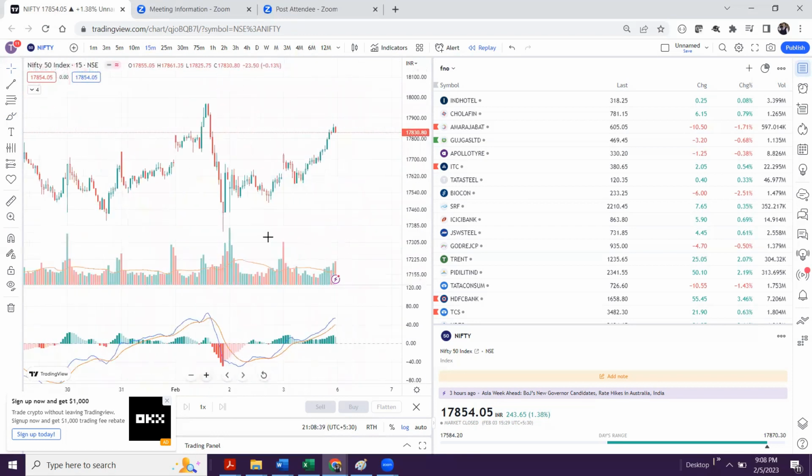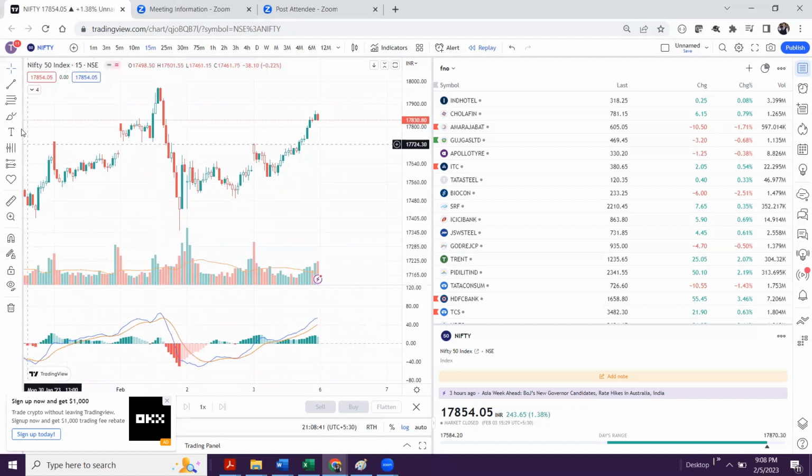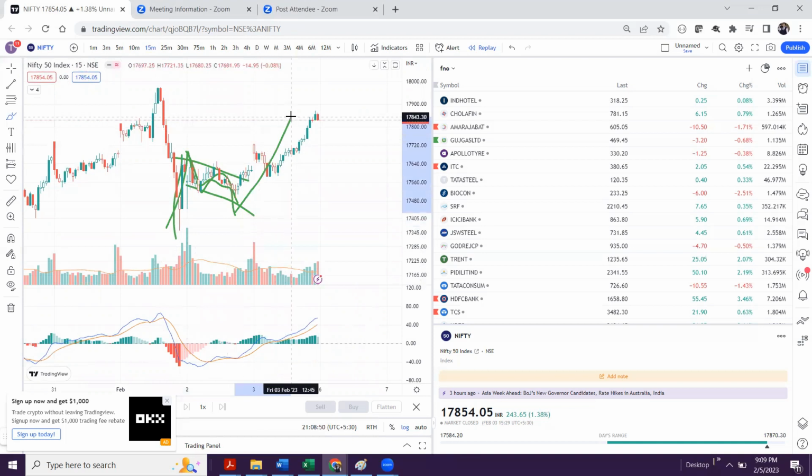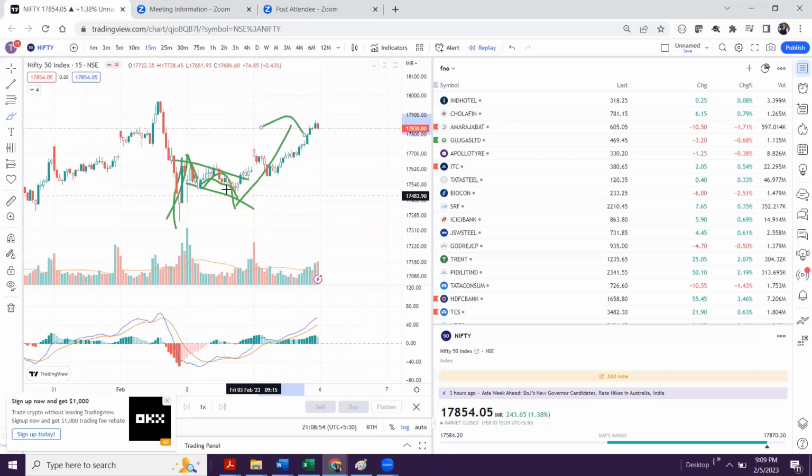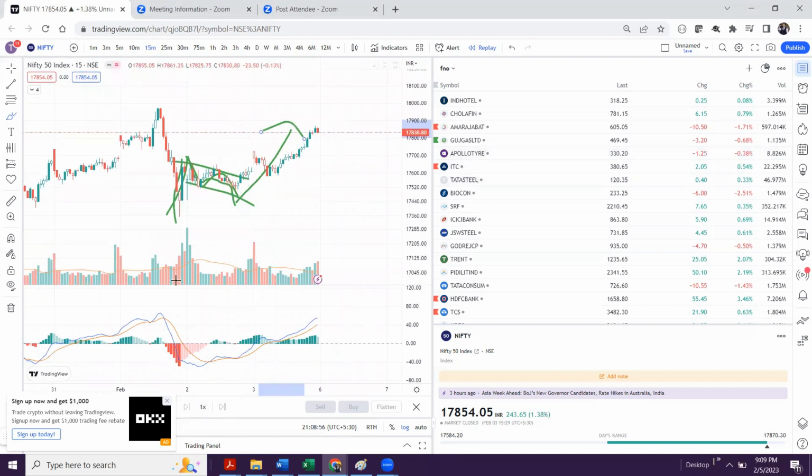After this fall, you can see again we had a fast move to the upside followed by a correction. So what is expected? Fast move, correction, we expect more up move, and that is what we are getting now. Internally, although it is impulse, correction, impulse, overall this is also a slow move.